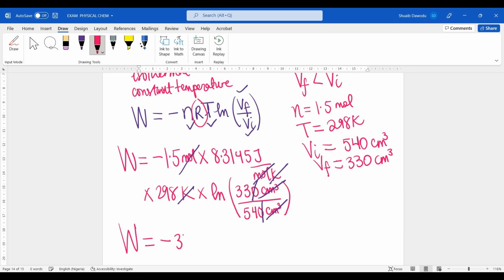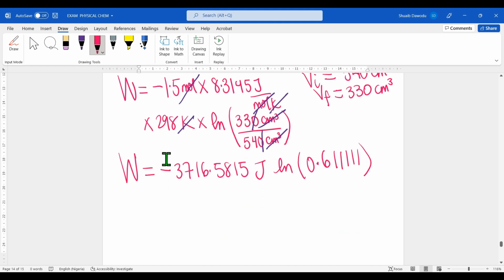which would give you negative 3716.5815 joules. And then you have ln 33 divided by 54, which is the same thing as ln 0.611111. So when you input this entire information in the calculator, negative 3716.5815 times ln 0.611111, work done ends up becoming positive